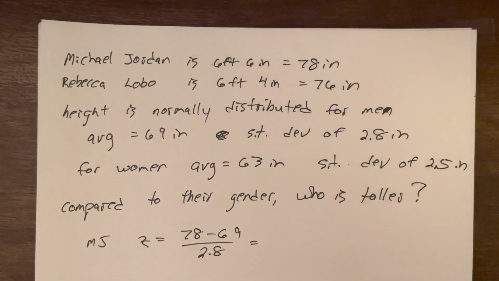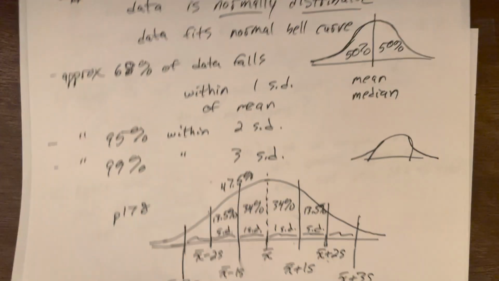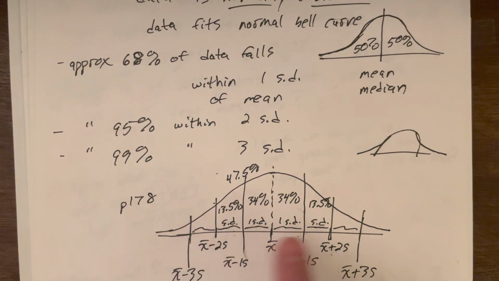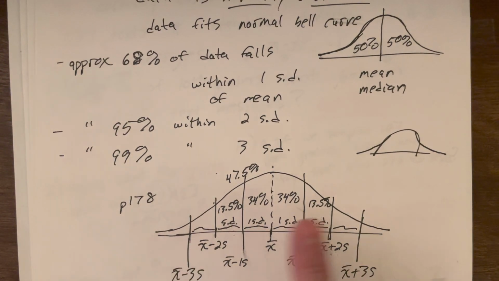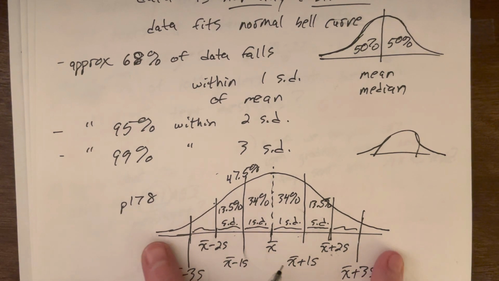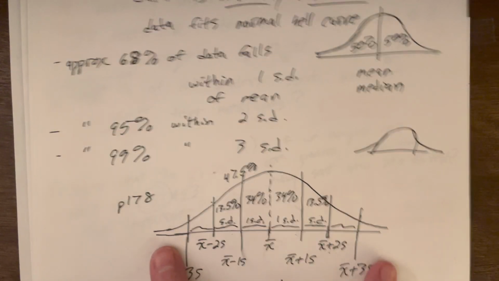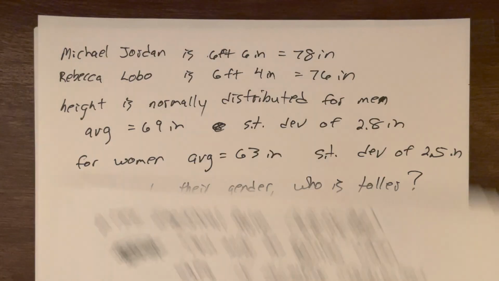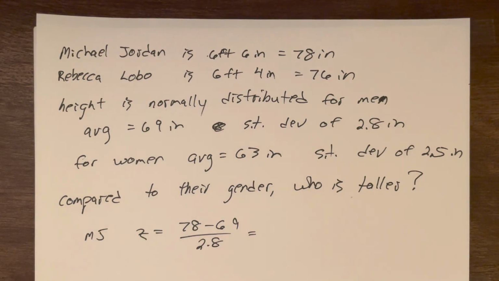Oh, by the way, very quickly, going back to the empirical rule, what we are seeing here, again, you have a normal distribution. To be more than 3 standard deviations above or less than 3 standard deviations below is pretty extreme. That's a pretty good outlier. Again, we can use that whole specific definition of an outlier, but that's a pretty good outlier in that vicinity. And we'll see both of these people are very tall. Z-scores over 2, over 3, those are very, very high values. Those are people much above average.